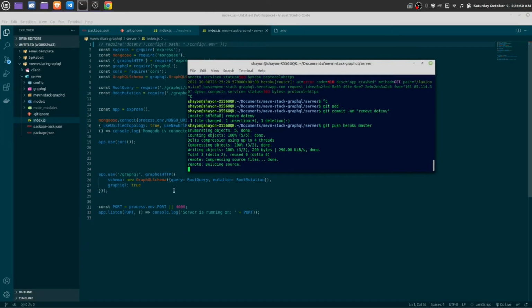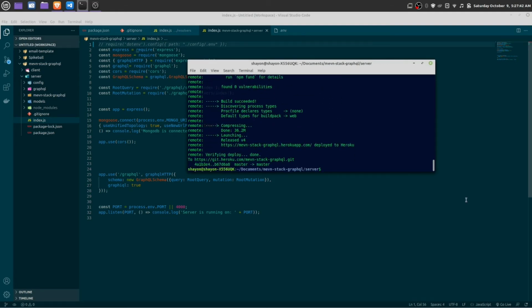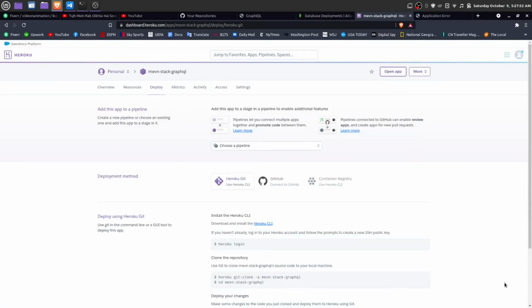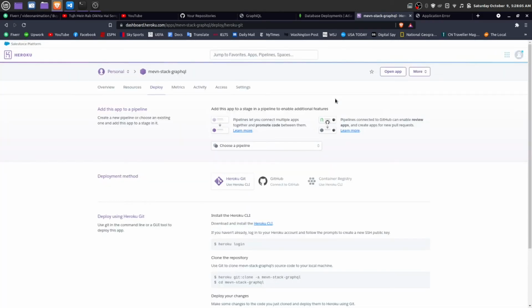Okay, it's pushing up. Every time you change any code, you have to do one thing: go to More, restart all dynos. You have to restart your application. In this way, this will affect our application.